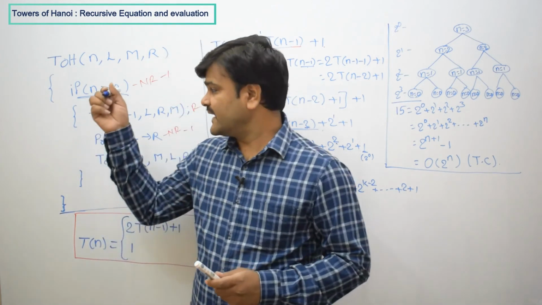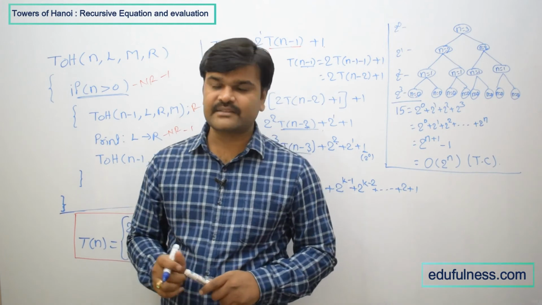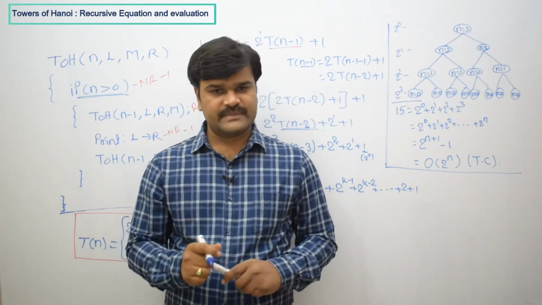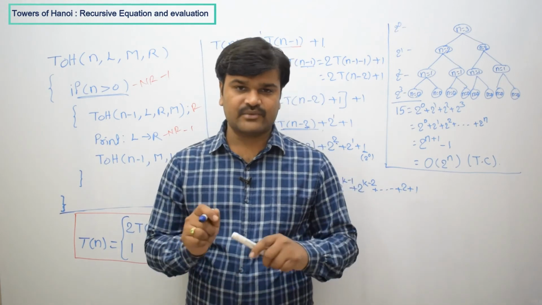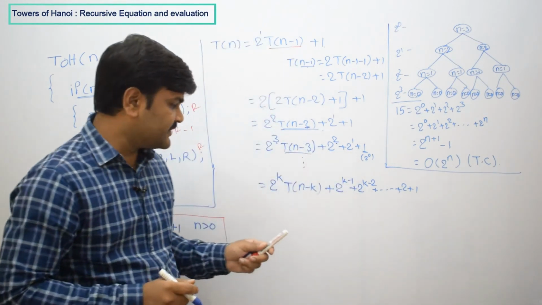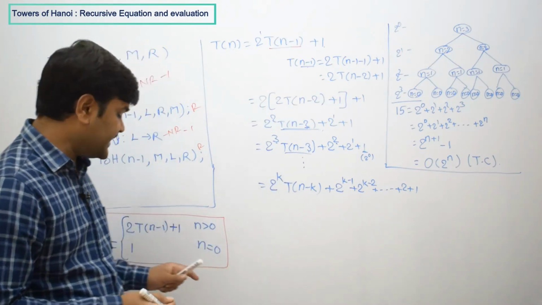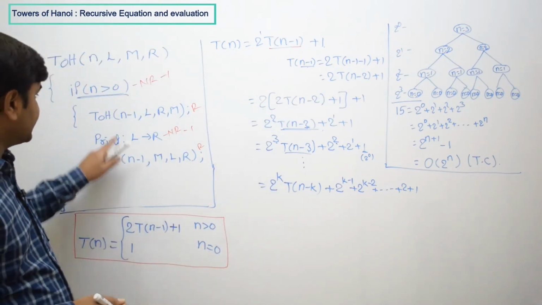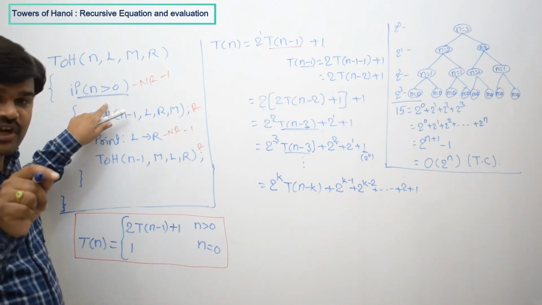So here we are finding the total number of function calls that we are taking as the time complexity for this recursive code. So how many function calls have happened till now? If you see, when it reaches the base condition, that means when the condition is going to become false.